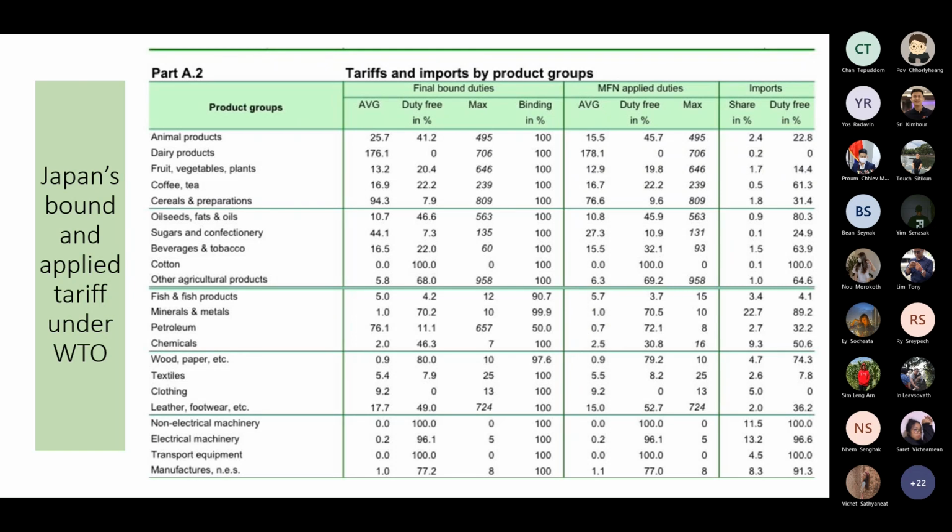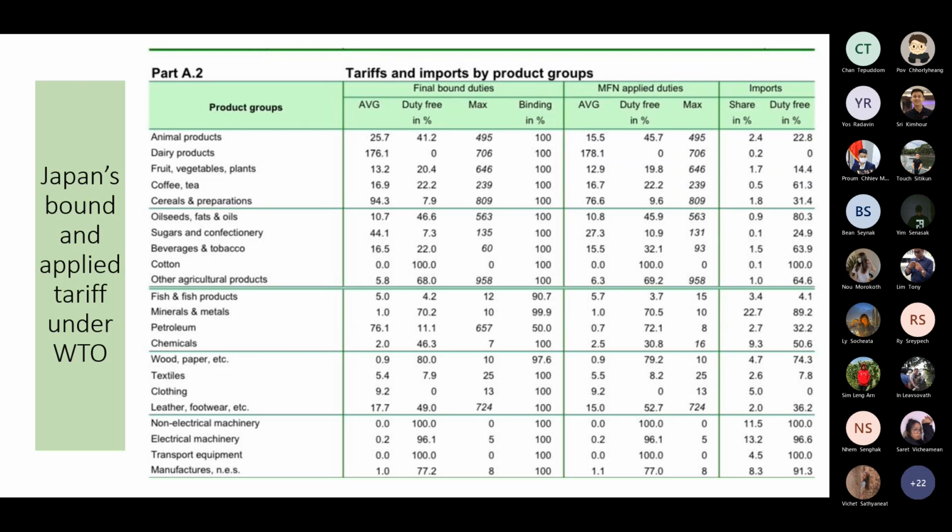Dairy product is always a sensitive good, okay, guys. Dairy product is always a sensitive good for all countries, especially developing countries. We always consider dairy product as a sensitive good. So when a sensitive good is concerned, tariff liberalization will need time to be applied. For example, let's say the dairy product Japan submitted to the WTO in 2018, but this level of final bound tariff, 176.1% here, cannot be applied right now, cannot be applied right after it has been submitted,